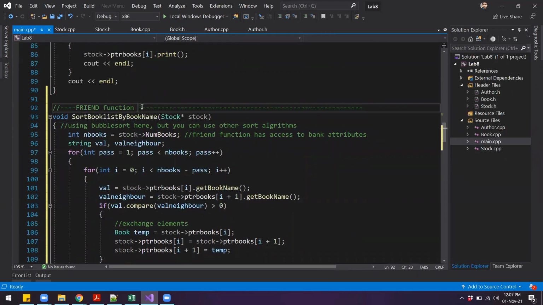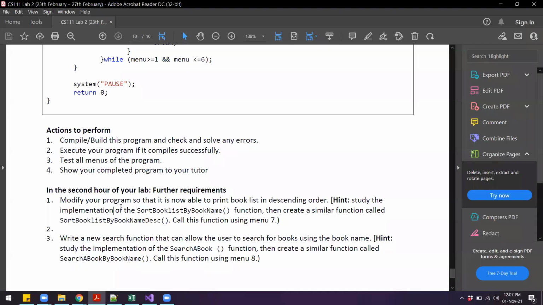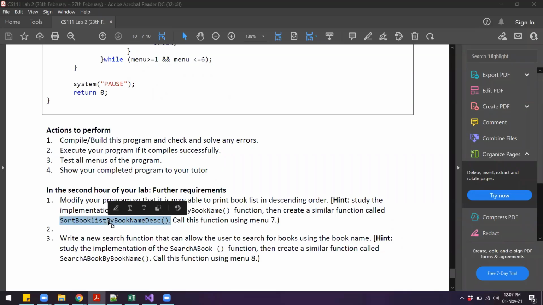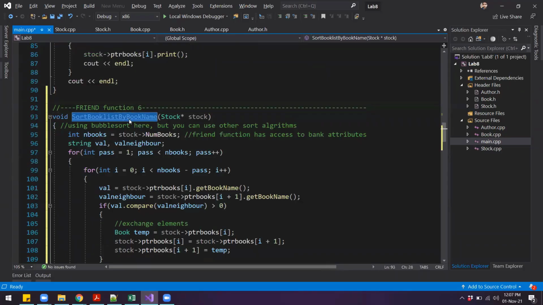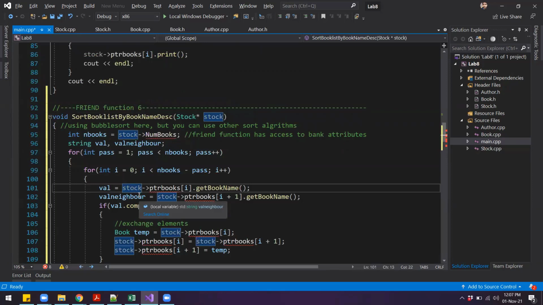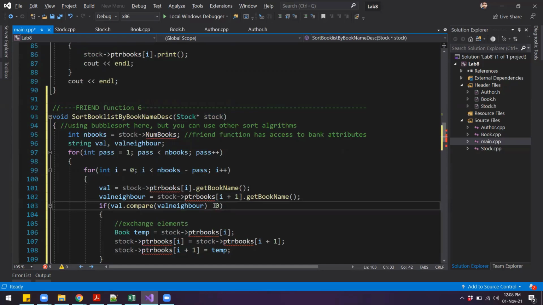Let's call this function by the new name. Now the only thing that we have to change here to sort the books in the opposite order is this particular symbol. Before it was greater than, now I'll make it smaller than, and that is it.